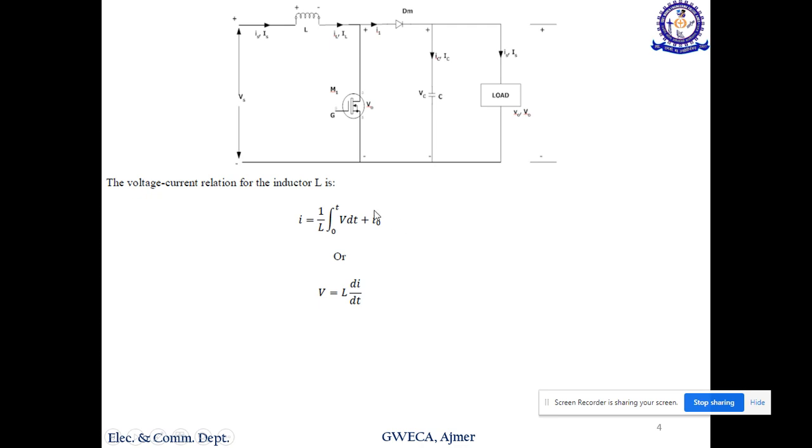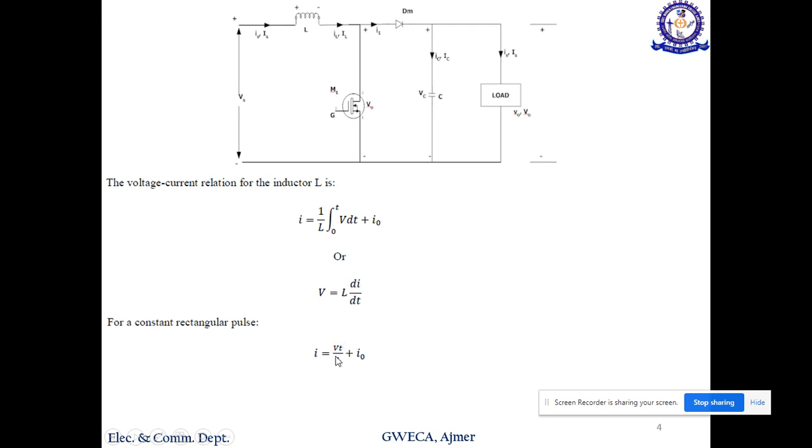So let us do some mathematics. Just forget this. We know that VL, the voltage across the inductor, is given by L di by dt. So we can write di is equal to V by L into T, V into T. For a constant rectangular pulse, current I is given by, just eliminating the differential word,